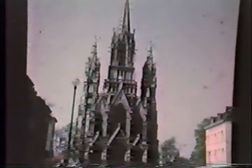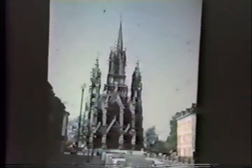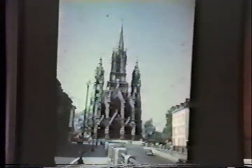That was on the way to Brussels. We just thought it was pretty, so we stopped the car and took it. Sort of came up on you all of a sudden, you know. That's the Manneken Pis, one of the most famous statues in Brussels. Isn't that funny? The GIs all had pornography pictures and postcards and